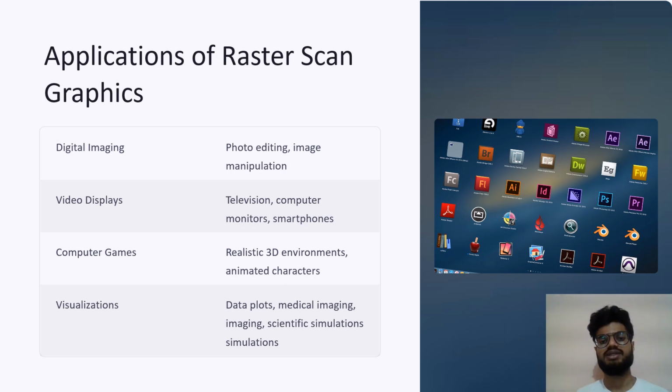And the third one is computer games, like 3D realistic environments and animated characters. These are the places where raster scan display is used, and it helps improve the user's interaction. And the fourth one is visualizations. Apart from these domestic or home applications, we use it in data plots, medical science, and